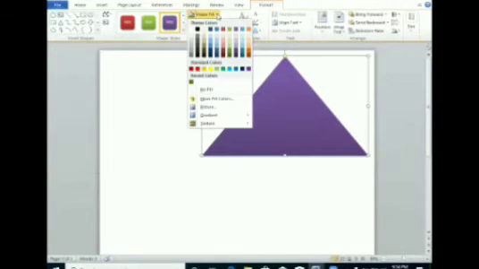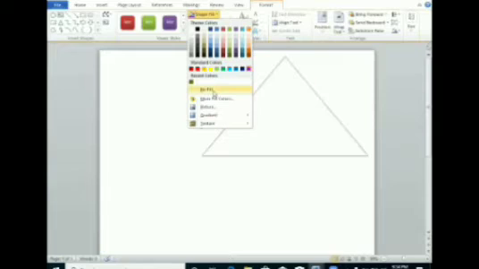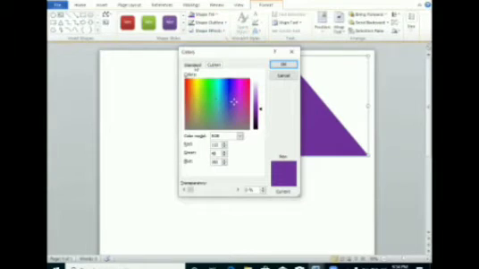The Shape Fill option is here. This is basically used to change the inside color of the shape. If we don't want to fill any color, we will use No Fill. Or any other color if I want to take, go to the More Colors option.